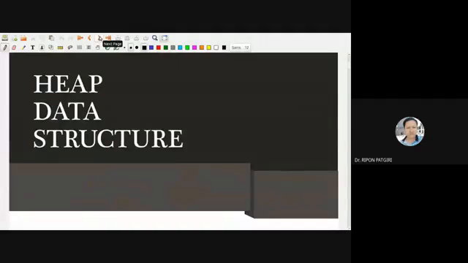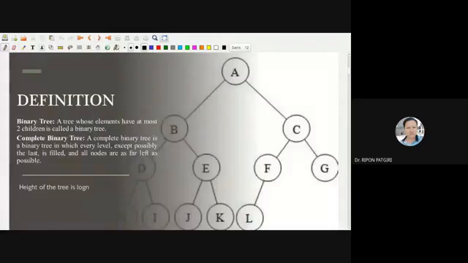So these are the definitions of binary tree. Let us know what is a binary tree. Bi means two, hence binary tree. Say for example, this is my node A, and it has at most two children.